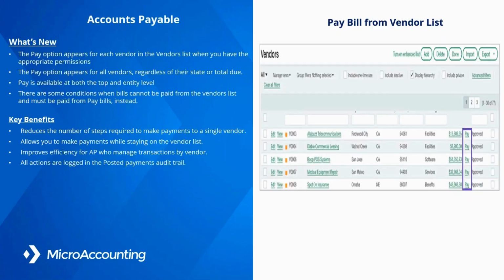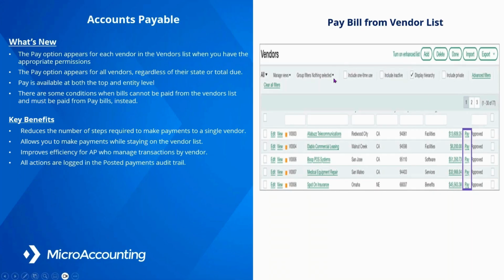Another neat thing that they're doing is they're really trying to improve efficiencies, reducing maybe the number of clicks I have to go through just to pay a bill or just to navigate, right? So what they've done here is they've added on the vendor list. I'm sitting on the vendor list here, you can see. They've added a new column, and I apologize for the screen, but again, we're going to view this in a demo. They've added the pay feature.